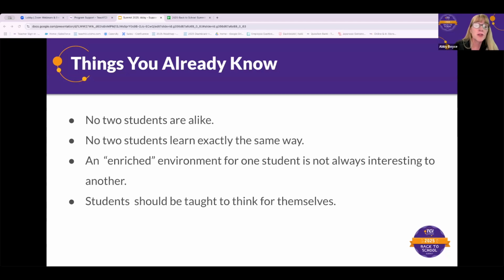I feel like a lot of times teachers feel overwhelmed, or worried about differentiation, but it doesn't have to be complicated, and we have some really wonderful built-in tools in our platform and within the curriculum, that we're going to share with you today that hopefully will make this easier and less overwhelming for you.